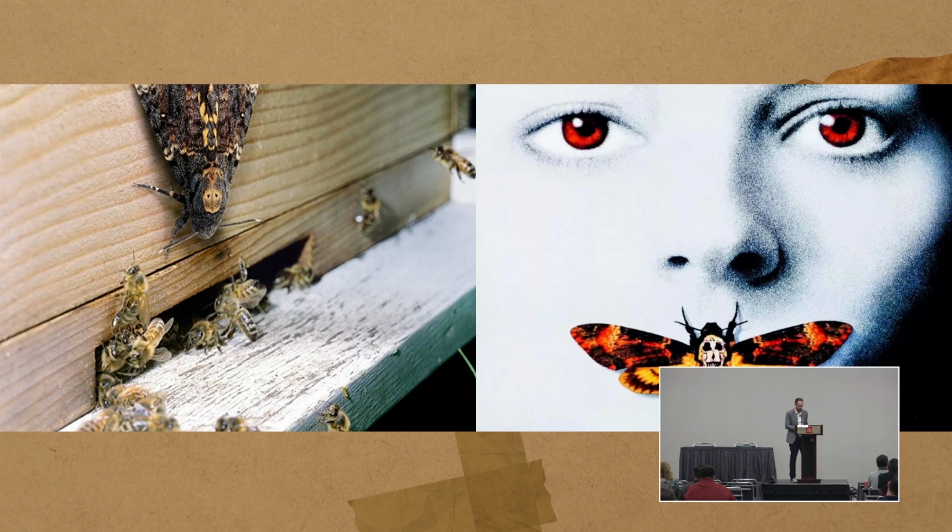Well, scientists studied this and they realized that the death-head hawk moth actually has fatty acids from honeybees in its body. So what it's doing is it's obfuscating, right? It's evading detection because the smell that it gives off is what the other bees smell like. So they don't even notice it, right?